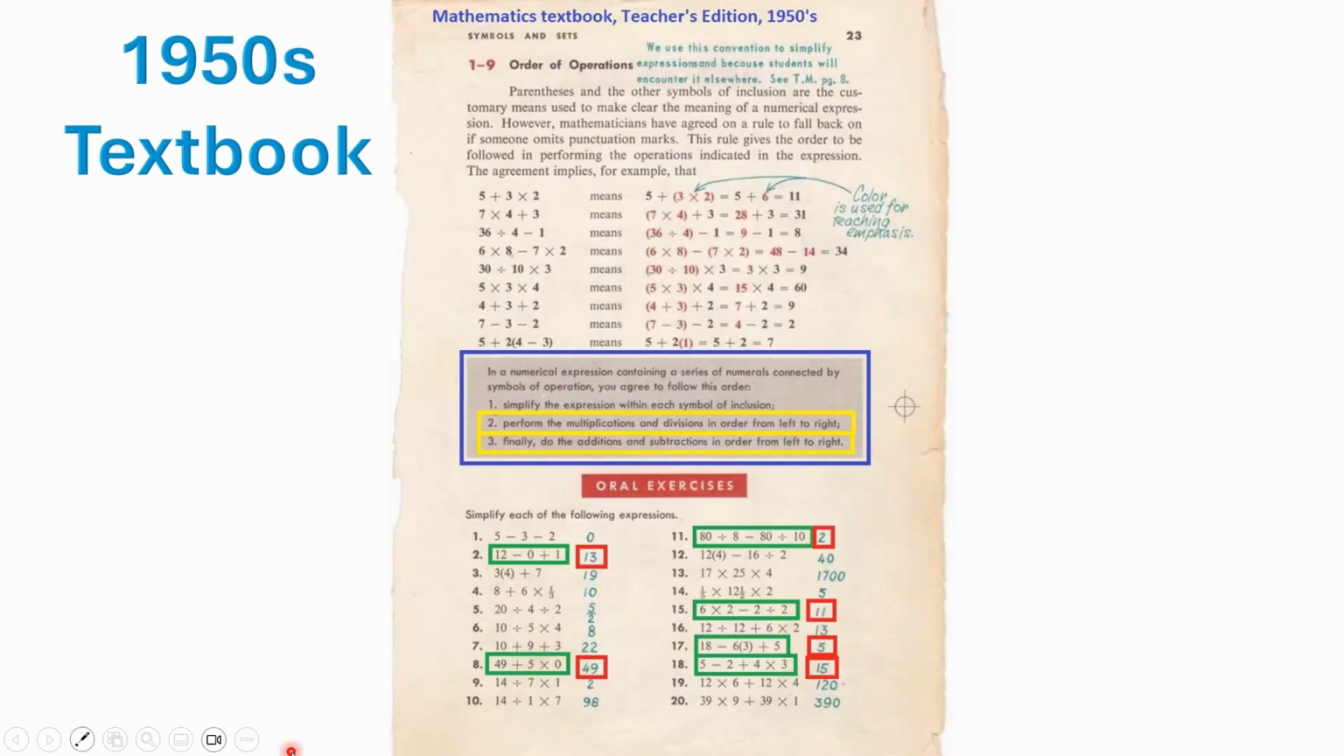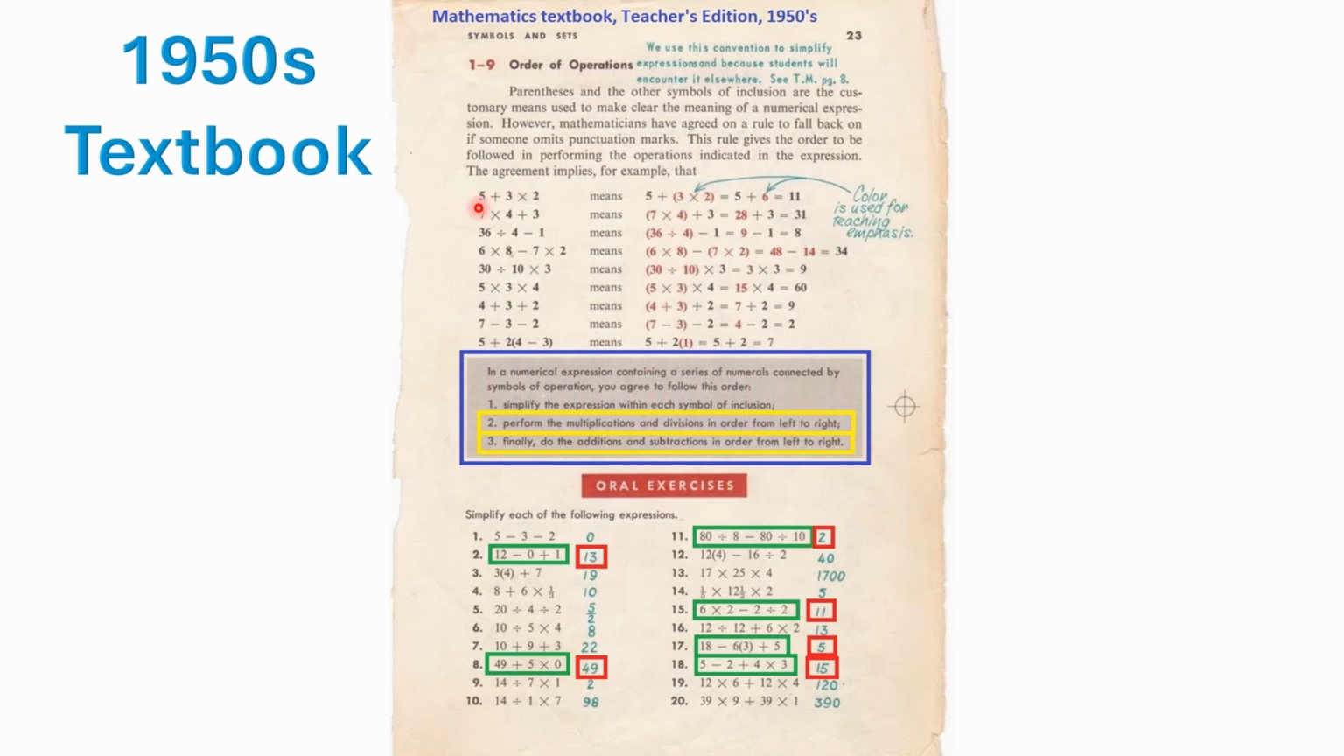I mean, here's a 1950s textbook. You've even got the description up here in this mathematics textbook saying parentheses and other symbols of inclusion are the customary means used to make clear the meaning of a numerical expression. However, mathematicians have agreed on a rule to fall back on if someone omits punctuation marks. This rule gives the order to be followed in performing the operations indicated in the expression, and the agreement implies, for example, that